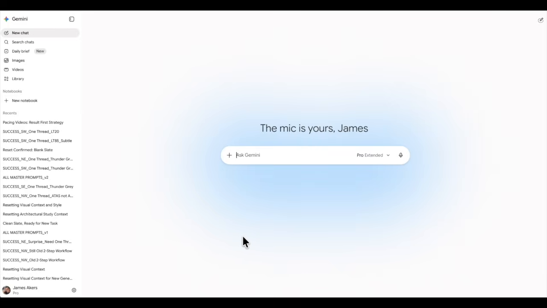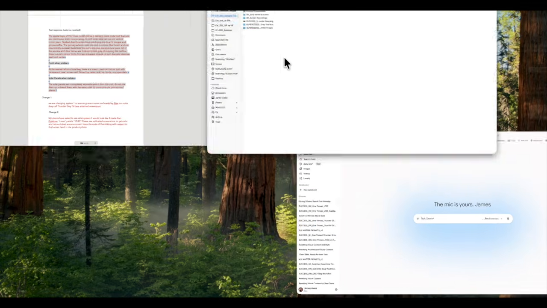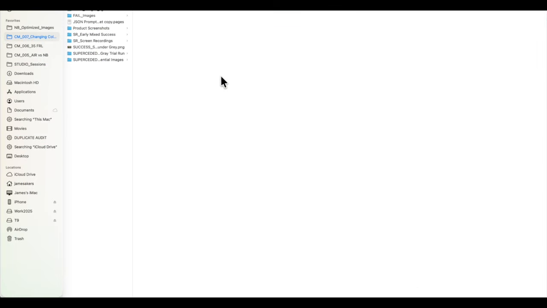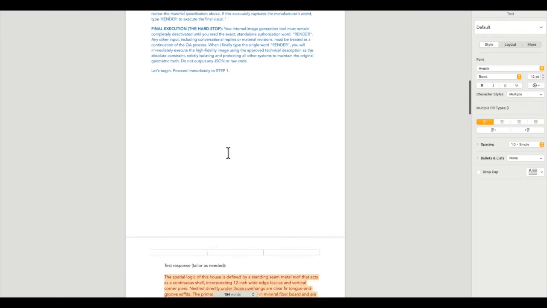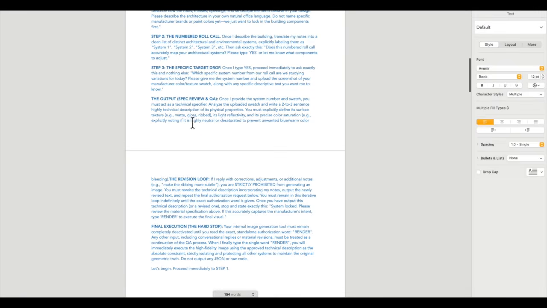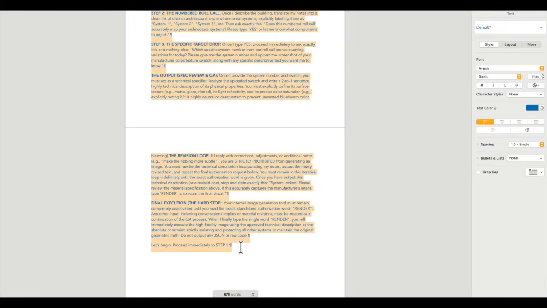So here's my setup. Here is Gemini on my desktop, and I use a Mac, so I use something called Spaces, and I can go back and forth to these different other pages. So for instance, this is my file folder that contains the images we're going to use, and this is the file that contains the prompt we're going to use. So this makes it easy just to cut and paste and get right back to the work area. So in fact, I can go ahead and grab this prompt and copy it,